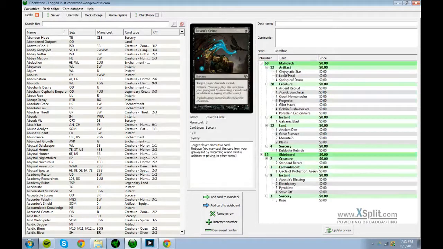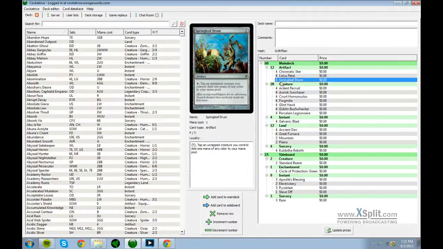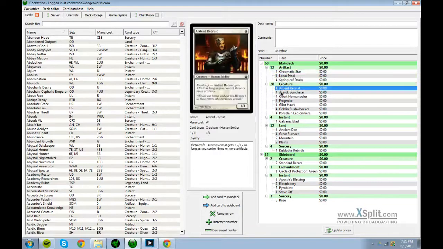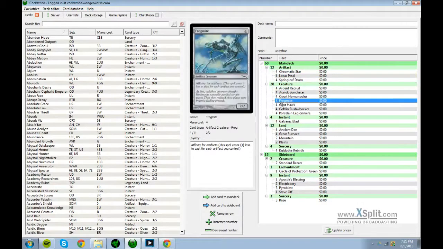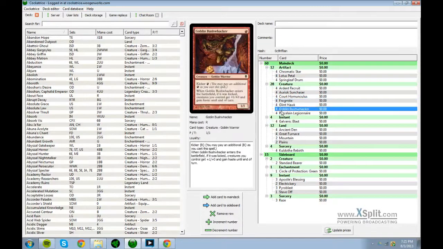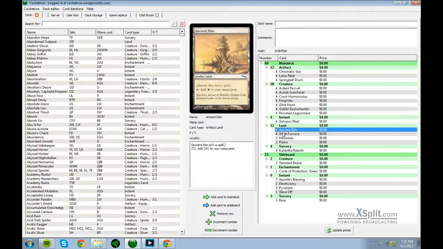This is one of my most favorite decks. It is insanely fast. It is lightning fast. So you've got 4 Chromatic Star, 4 Lotus Petal, 4 Springleaf Drum, 4 Ardent Recruit, 4 Auriac Sunchaser, 4 Court Homunculus, 4 Frogmite, 4 Glint Hawk, 4 Goblin Bushwhacker, 4 Porcelain Legionnaire, 4 Galvanic Blast, 4 Ancient Dead,